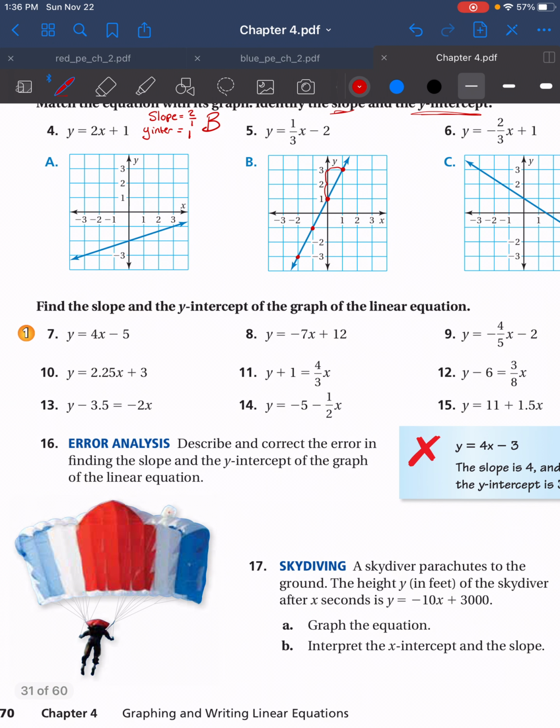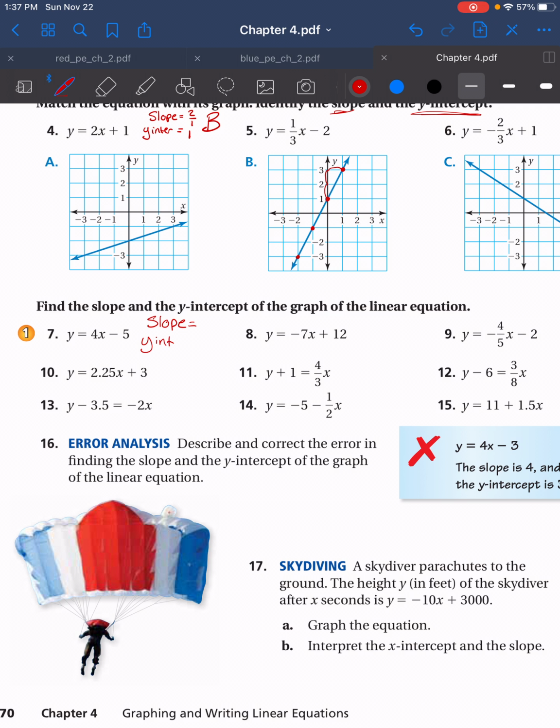Numbers 7 through 15, find the slope and the y-intercept of the graph of the linear equation. Do not graph it, guys. Don't waste your time graphing these. All it wants is the slope and the y-intercept. Super easy, okay? Now, how I would do this is write number 7 in your notebook and say slope equals